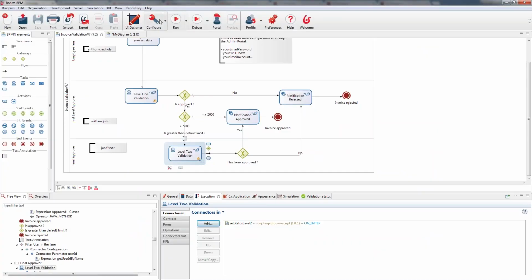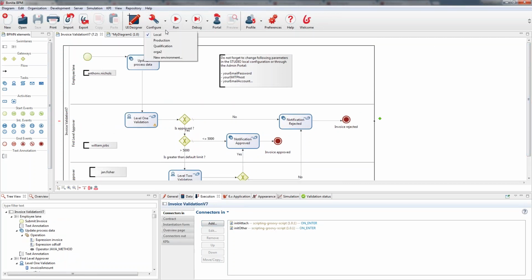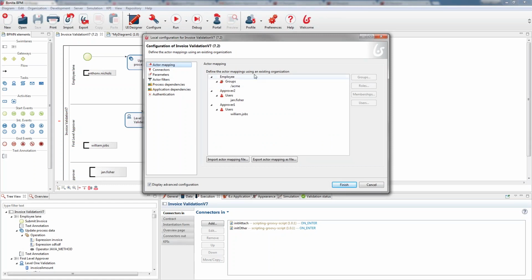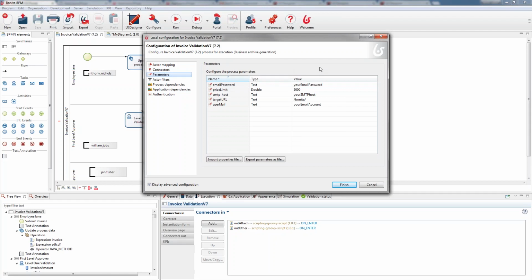So there is one question about whether Bonita BPM can have different configurations based on the platform where it is executed. Yes, it's something that can be done. The processes which are designed in Bonita BPM Studio can have different configurations for the platforms that you will deploy them on. Here I have a local platform, a production platform, a qualification platform, and I can create as many as I need. On my local platform, I have done all these configurations, so this actor mapping, this connectors implementation, this value for parameters,